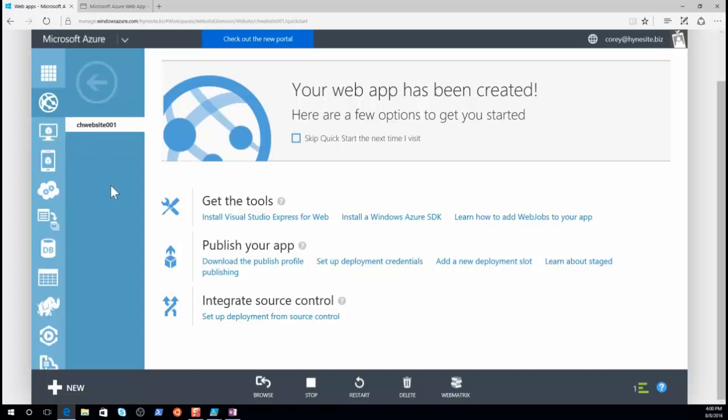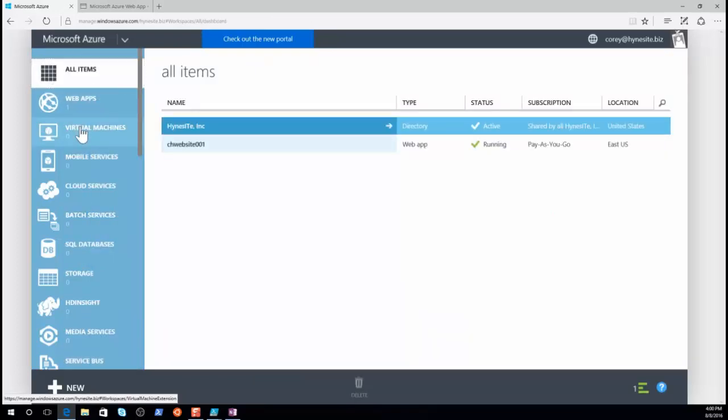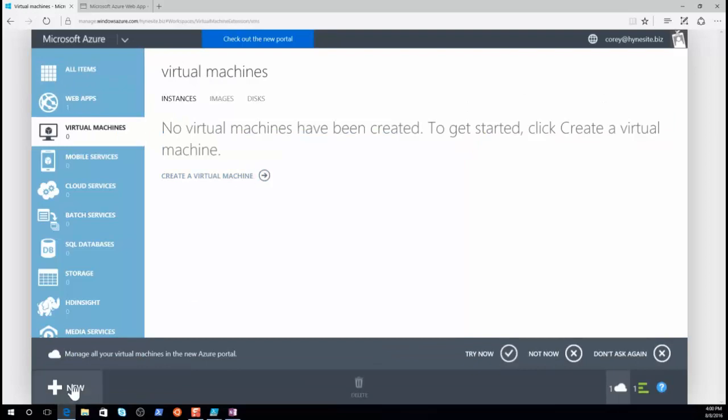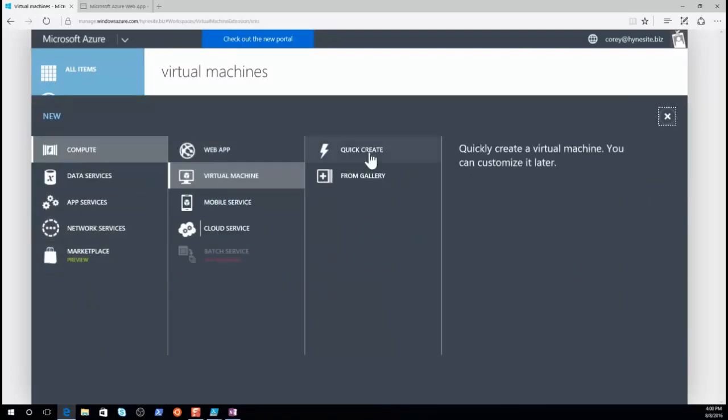So as another example, let's go ahead and create a virtual machine. There's a couple of ways we can do this. We can go to the view of all objects. We can click virtual machines, or we can just come down here and click new. So let's go new, compute, virtual machine, do a quick create,